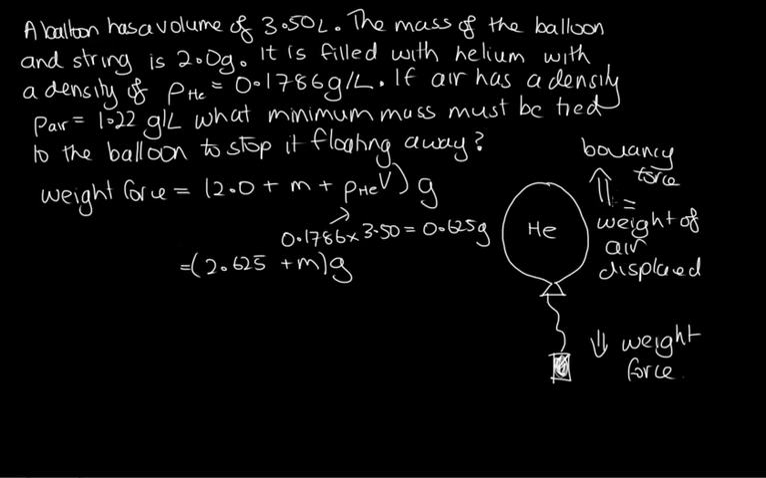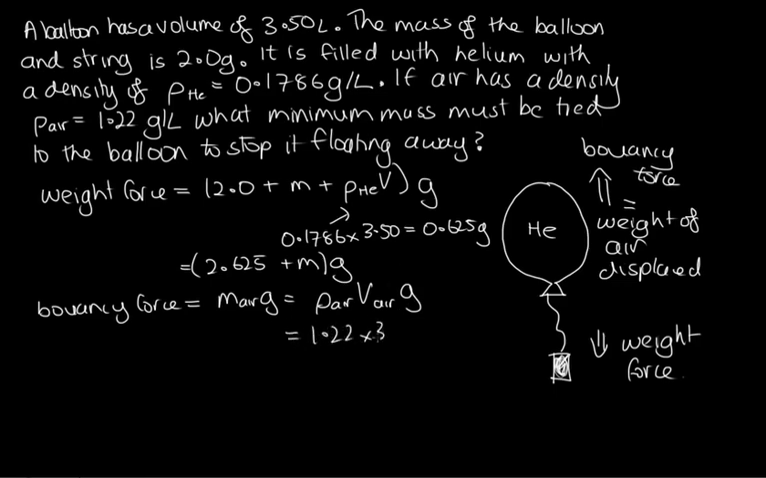Okay, so now what we need to do is work out this buoyancy force. So the buoyancy force is just equal to the weight of the air displaced. So that is equal to the mass of the air times g, and the mass of air is the density of air times the volume of the air which is displaced, times g. And so this is equal to 1.22 times 3.5 times g. And so this is equal to